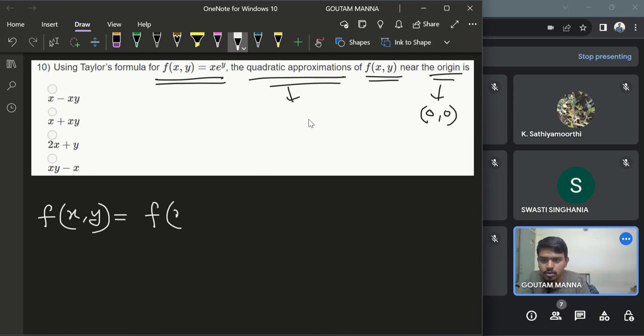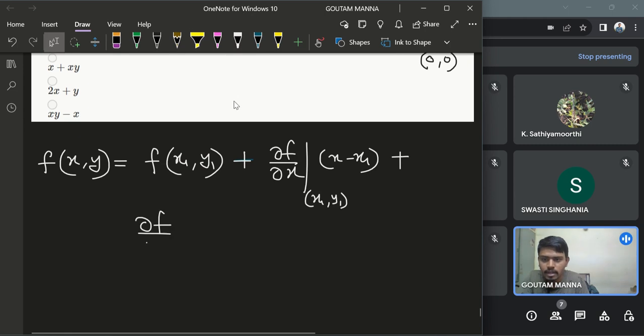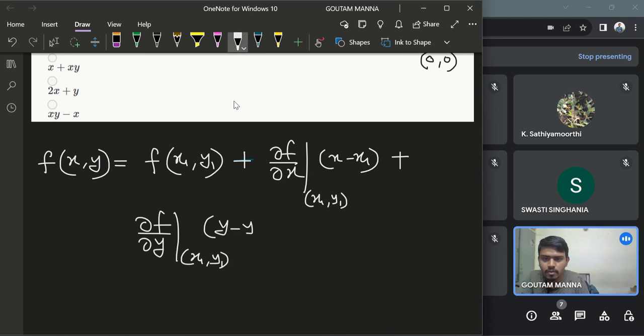So in the neighborhood of, let's say, x1 y1, if you want to expand in the neighborhood of x1 y1, it will be f of x1 y1 plus del f del x at point x1 y1 times x minus x1, plus del f del y at point x1 y1 times y minus y1, plus del 2 f del x2 at point x1 y1 times x minus x1 whole square